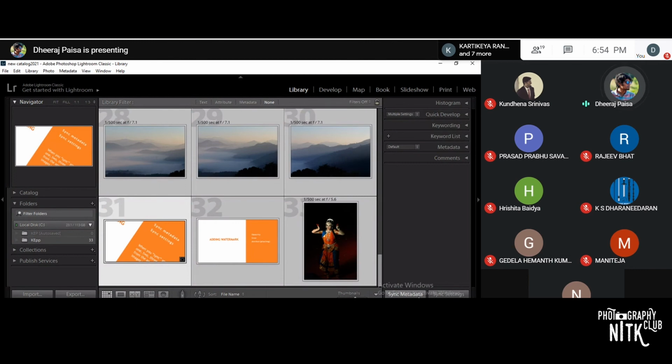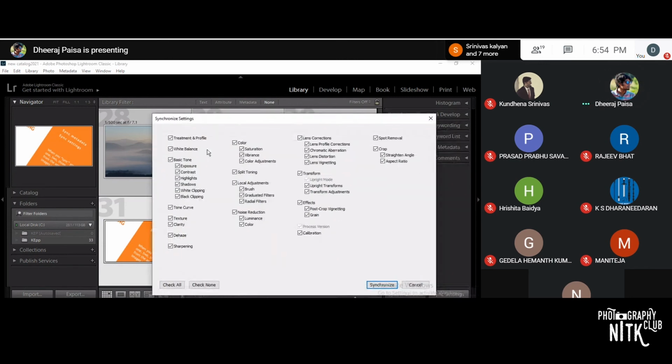Now you find here 2 options: sync metadata and sync settings. Here metadata includes all the details of the picture like height, width, pixels, camera gear used, location, or any other data related to the picture. So we can copy all the metadata from the main anchor picture to the different pictures. If you use the sync settings option, you will get a box showing whether you want to sync only white balance or exposure, contrast.